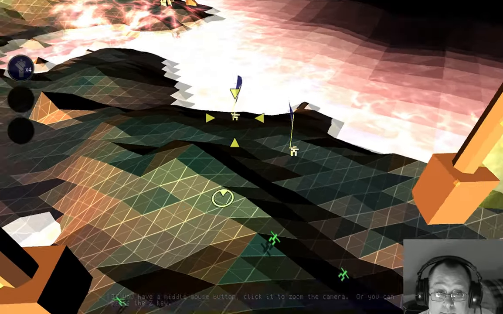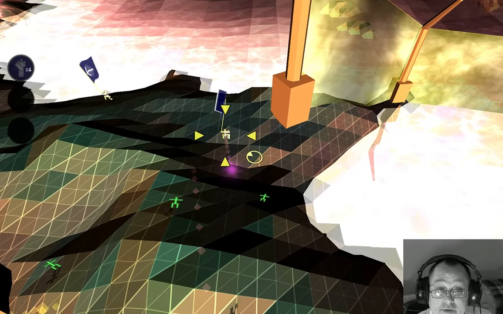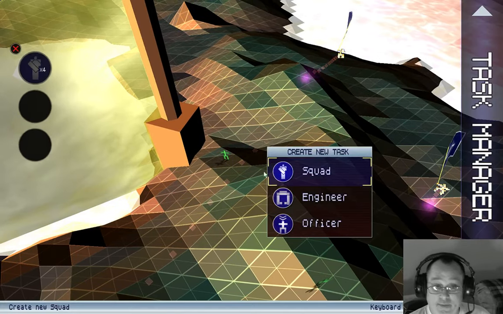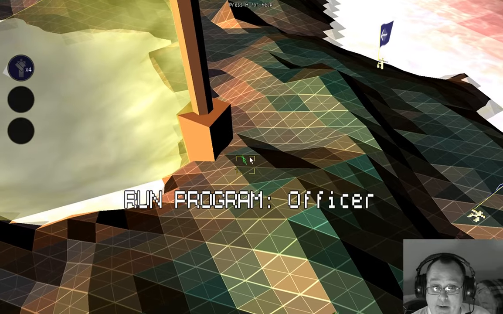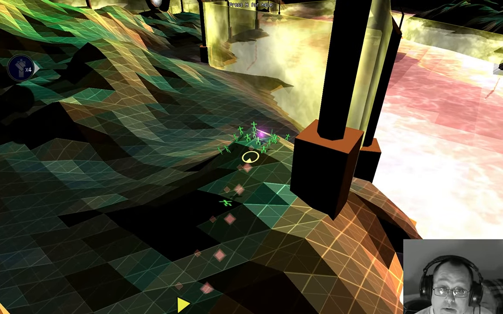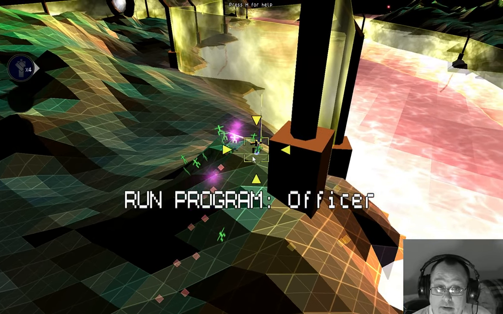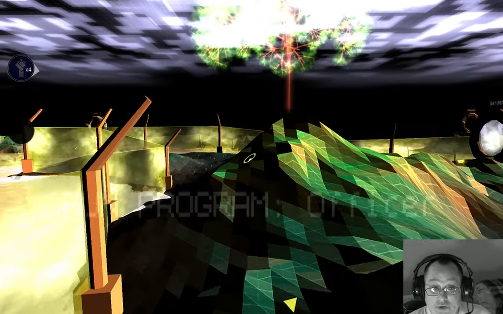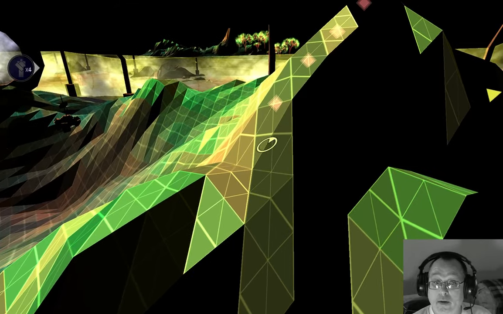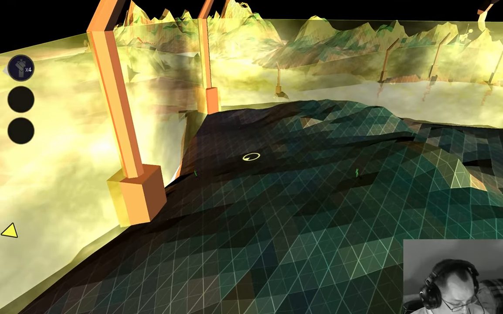Let's see if he can help persuade some of these stragglers. So when they're disagreeable, I tend to just promote them. And we got you, sir. You have a new job. And what we'll do is we'll grab